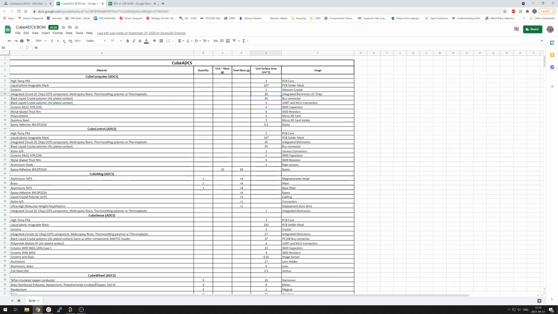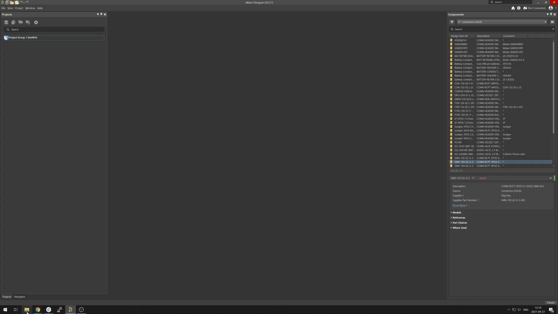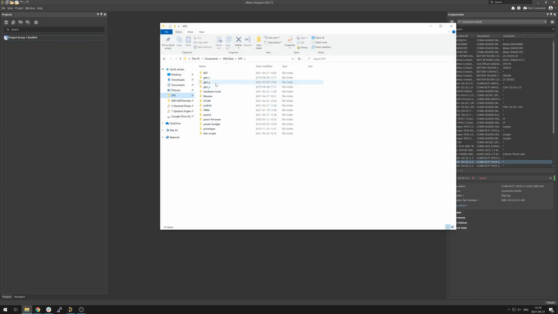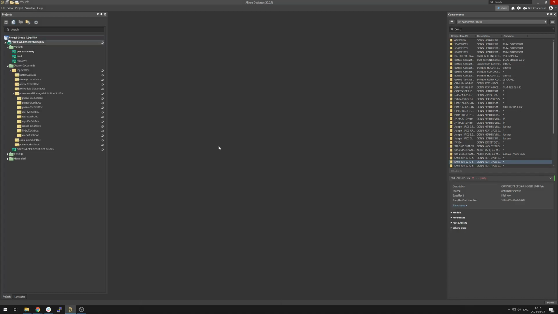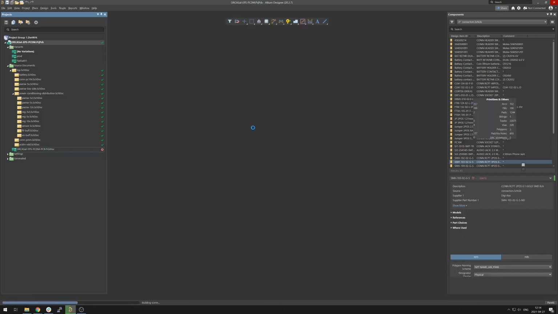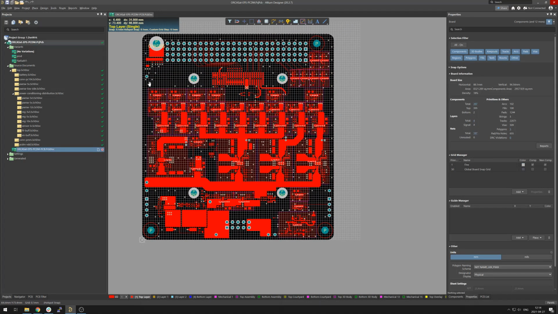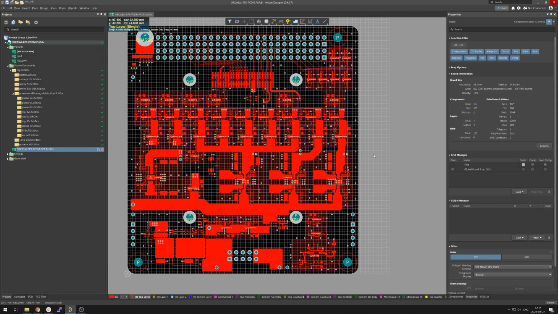Now obviously, if you look at an Altium project, and I'll just open up the old PCB here, there's not really an easy way to get that information out of there, but there's a way that you can get the information relatively easy. So I'll show you how to do that really quick. If you open up your PCB, if you go to the properties panel, and I will just,